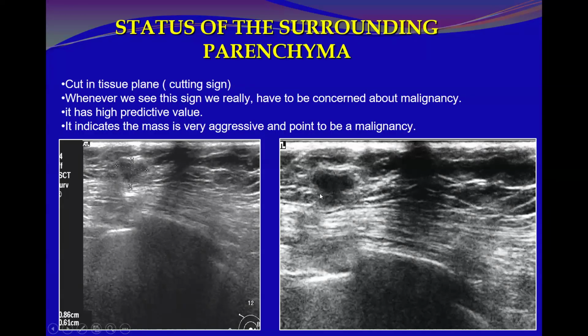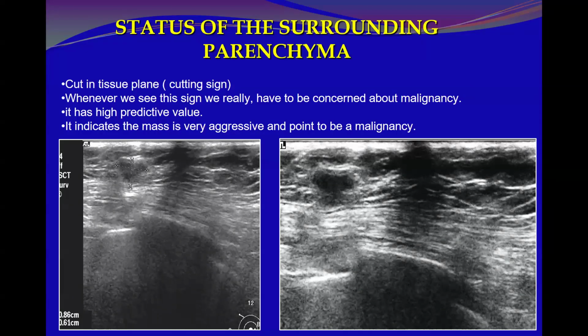This is a tissue plane, and though it is a small mass, it is cutting the tissue here in the deep margins. And depending on this sign only, okay, we reported this mass as BI-RADS 5, and it was proven as invasive cancer, okay? Because